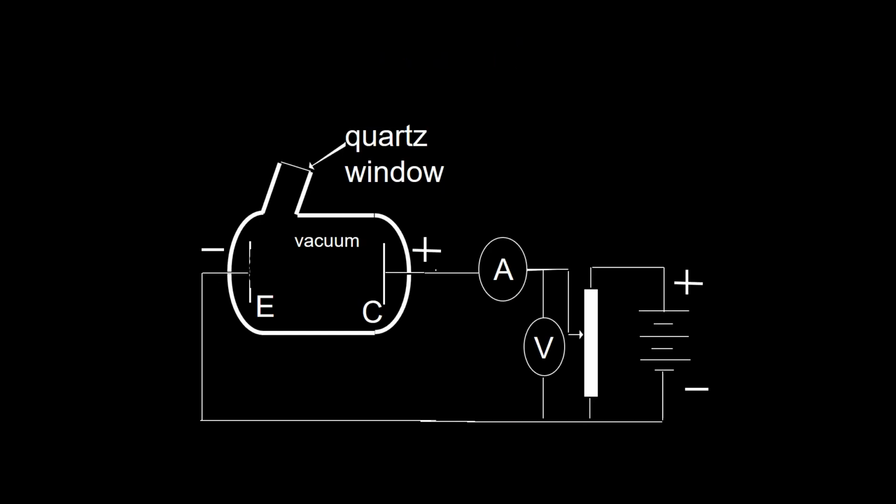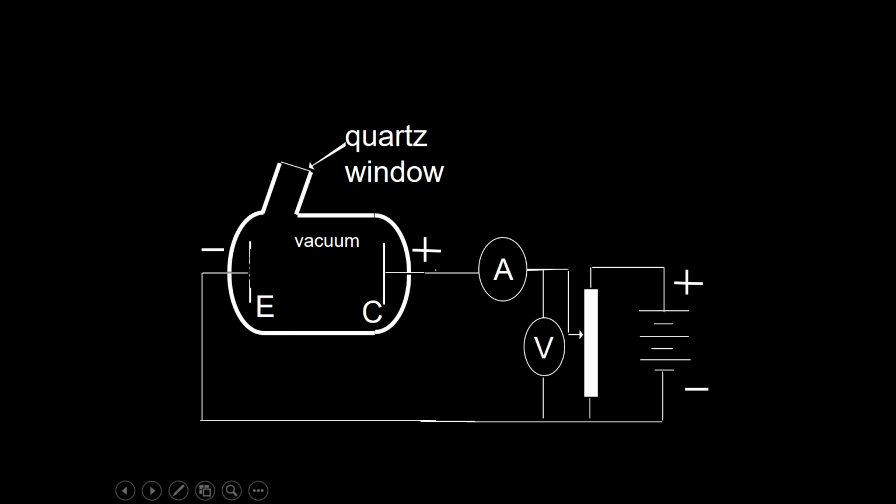So this is the same setup except for a few changes. Note that now, instead of an adjustable PD, I show you how the PD is adjusted. If I have positive potential here, this collector is positive potential. If I have negative potential here, the emitter is negative potential. So what does this mean? Every electron that comes out will experience a force to the right, so every electron that comes out will be collected. That is the first change, the adjustable PD.